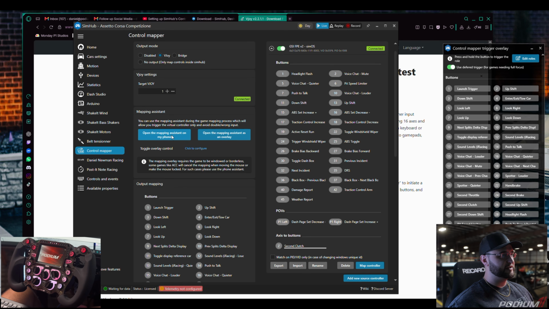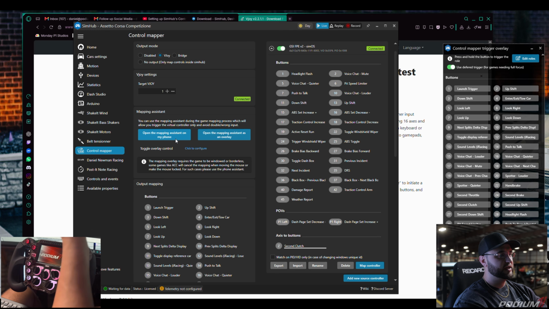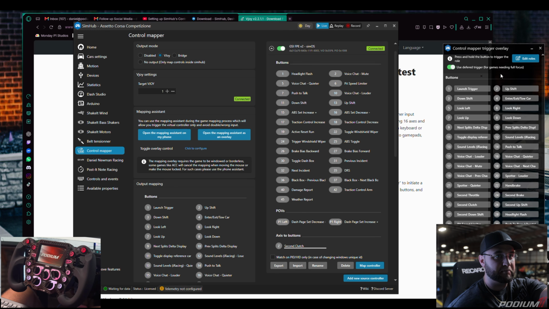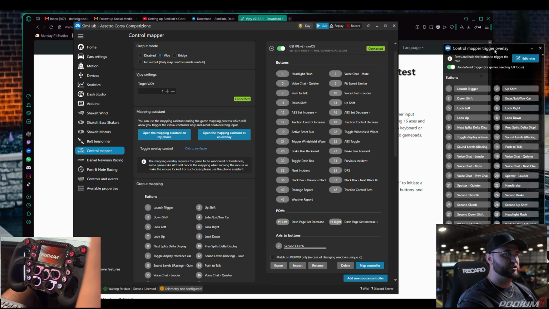Now, there's 2 ways of doing this. You could do it with your phone. My phone is currently recording over here, so we're not going to do the phone method. And what's going to happen, just back up a little bit, it'll open a QR code. That QR code will essentially bring you to a landing page that looks just like this ControlMapper trigger overlay. This is your middleman. This is now the middleman of the entire situation, right? So ControlMapper trigger overlay, you can do that on the phone, or open this as an overlay